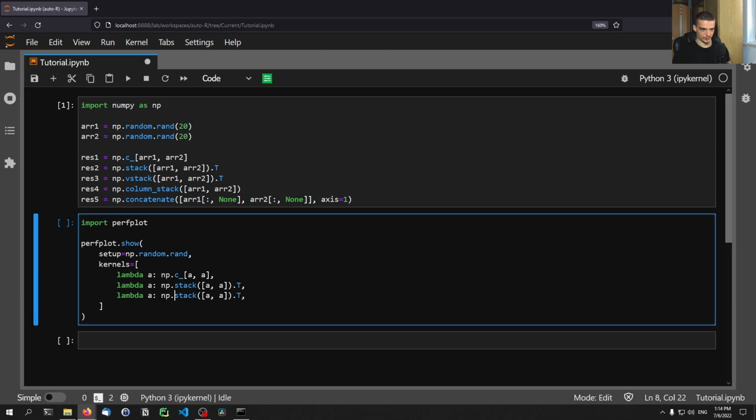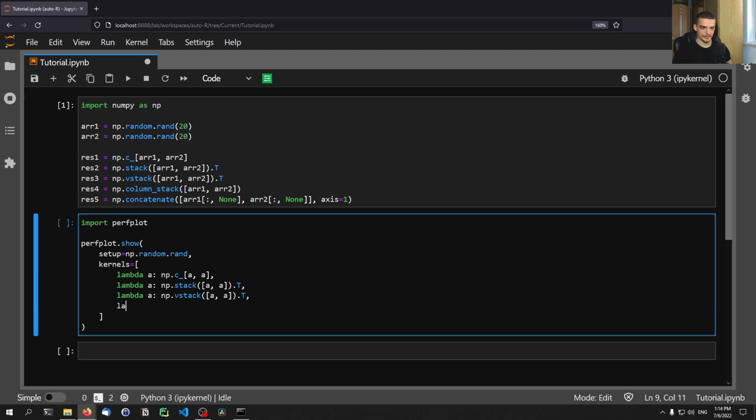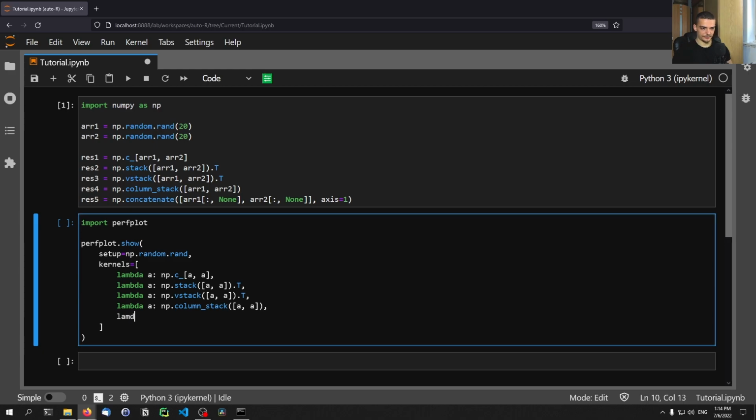Then we copy that. We have the vstack here, lambda a, np.column_stack. By the way, if you don't know what lambda expressions are, I have a video on that, basically anonymous functions that we can write in a single line easily here. I recommend checking that out if you don't know what they are. And then the last one is np.concatenate